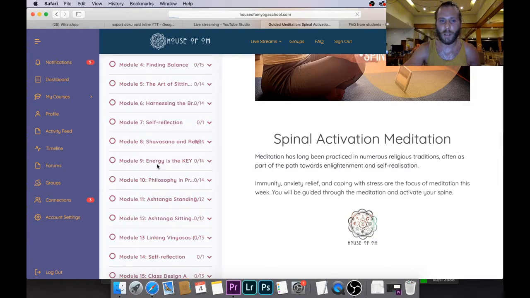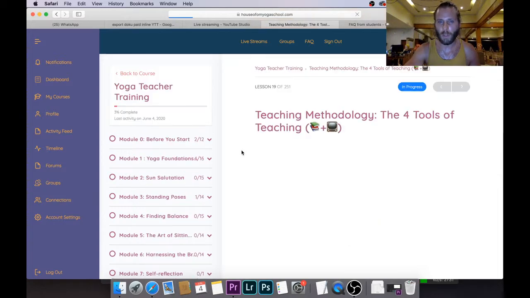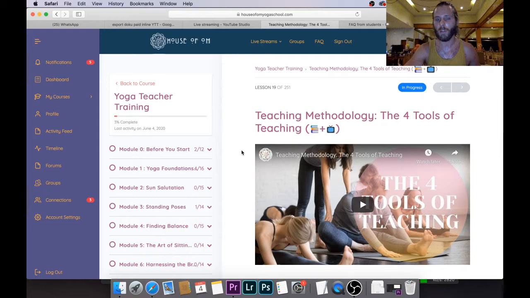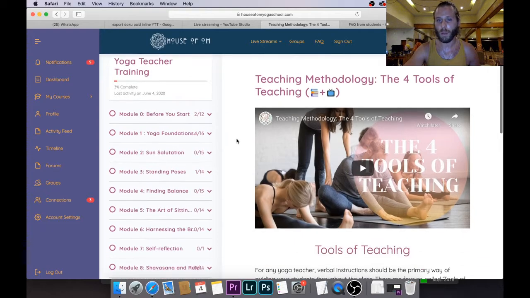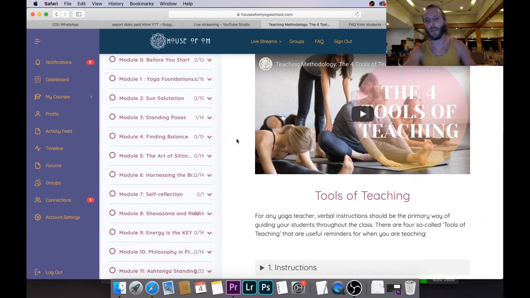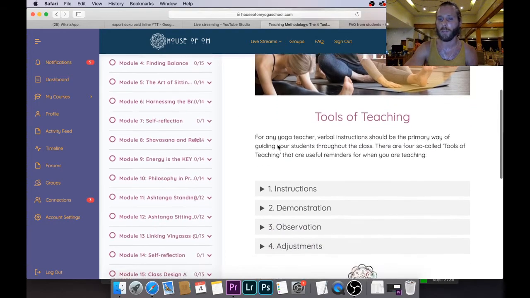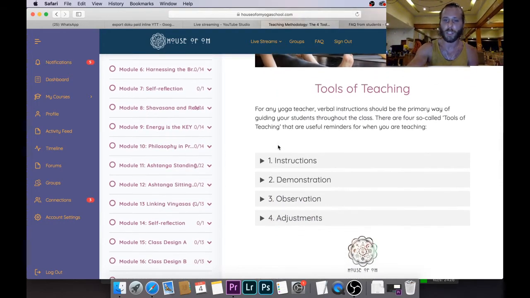As for teaching methodology, to me personally, I think this is a very important part because this will give you the knowledge you will need for your teaching approach. So basically, for example, in the first part, we're speaking of tools of teaching, instruction, demonstration, observation, adjustments, and later on,